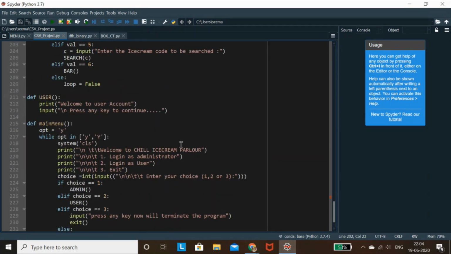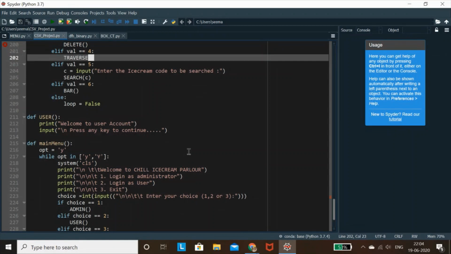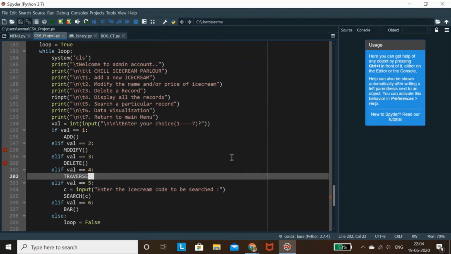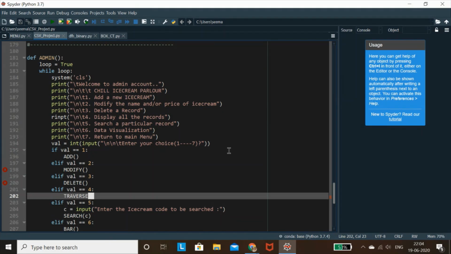As in part 1, I told you that I have created two user accounts. One is the admin account and another one is the user account. I want to give complete control to the admin. That means whatever methods I'm defining in my application software, I will be giving the complete control to the admin. So for that, whatever methods had been defined as an introductory, all those methods are being called by the admin